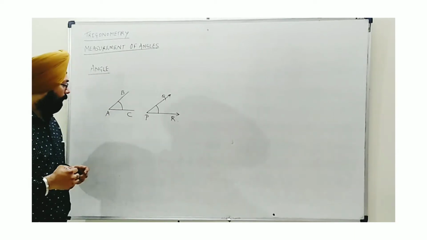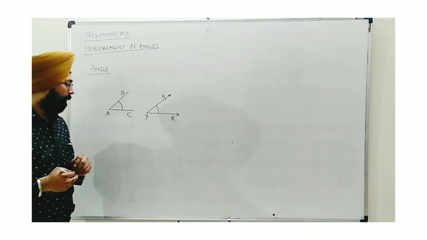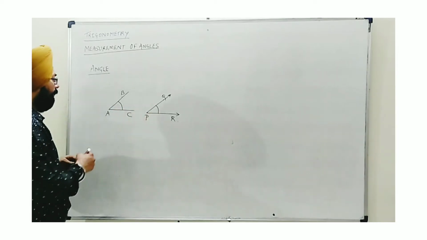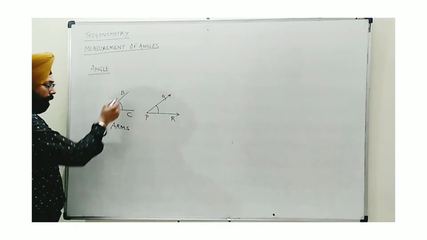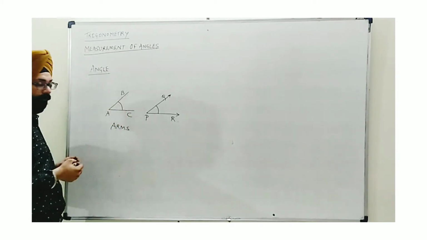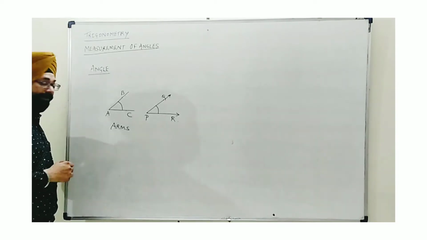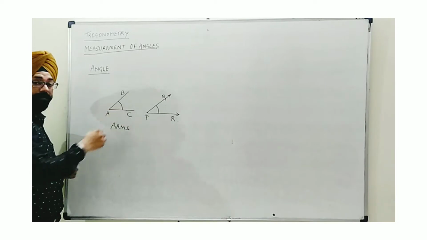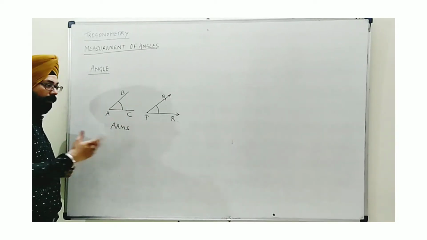Now, whenever an angle is formed, here either you take line segments or rays, these are known as arms of angle. We say them to be arms of angle. There are two arms of angle. Now, as I see that here I have taken AB and AC as two arms in this example, then how will the angle be formed?